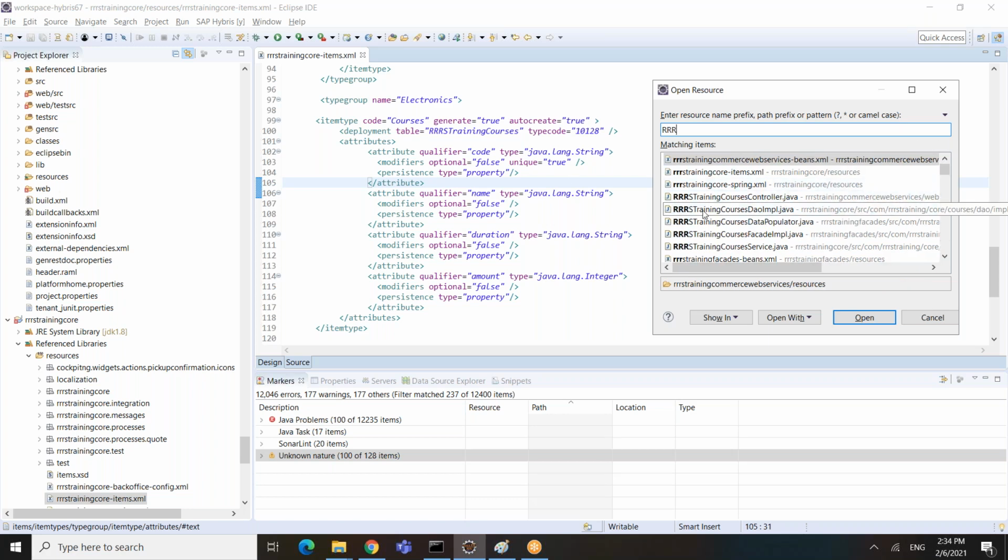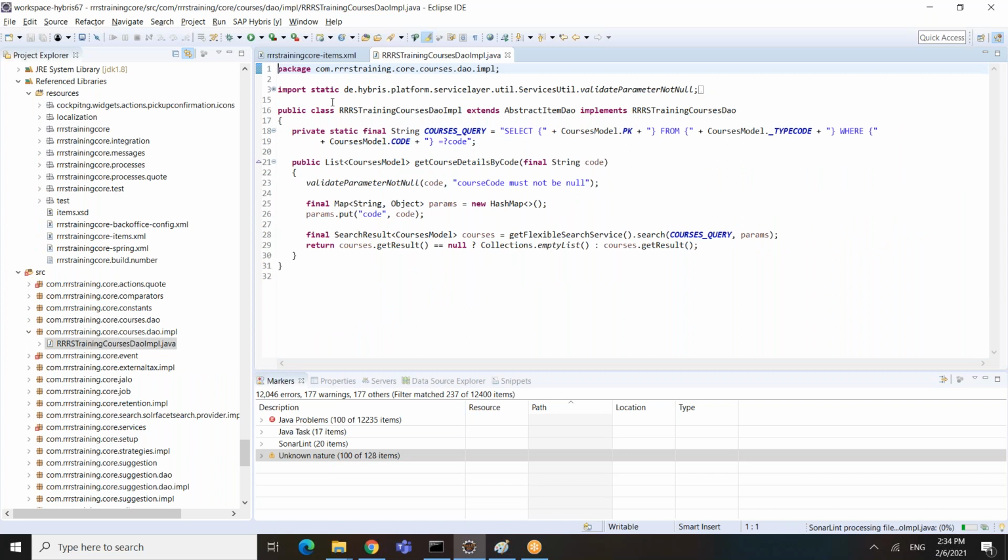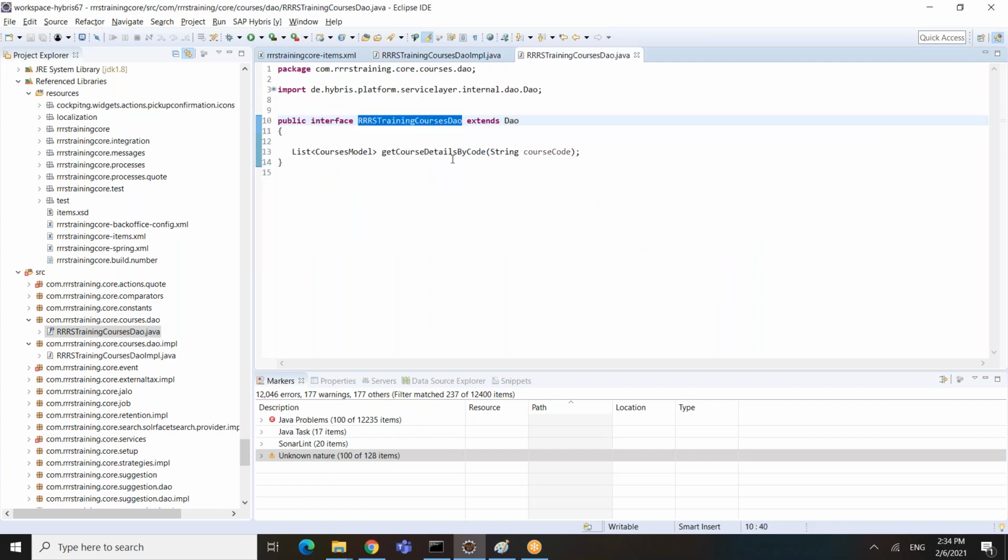So here is my query. It is a public class DAO impl extending the abstract DAO, which is out of the box, and implementing an interface. The interface simply has get course detail by code and returns the list of courses model. The DAO always returns the model object only.